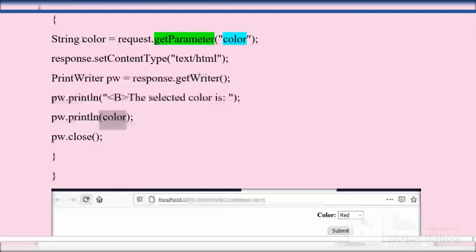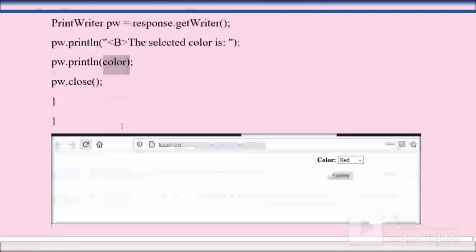In the String color variable, we have stored the value from the HTML file, which we have selected in the output, red, green or blue. That value will be stored in this string variable color and displayed here. So output will be the selected color is green, red or blue, whichever you have selected.